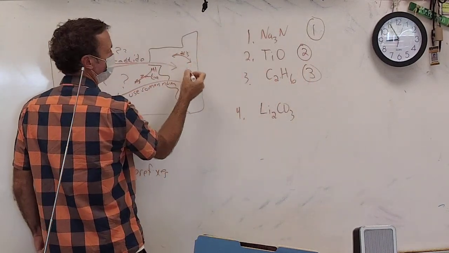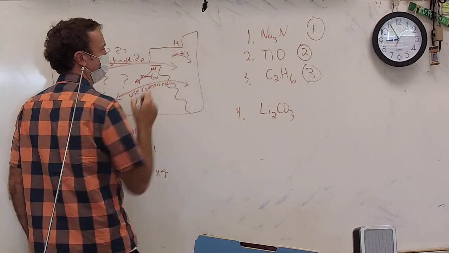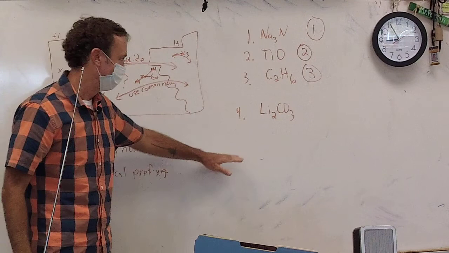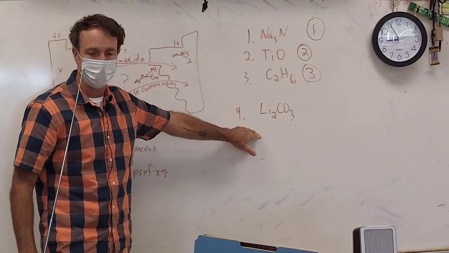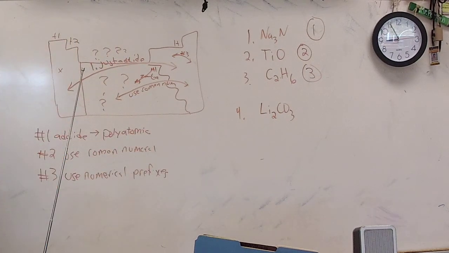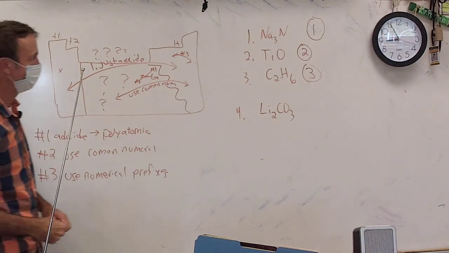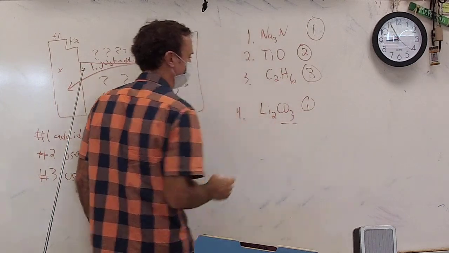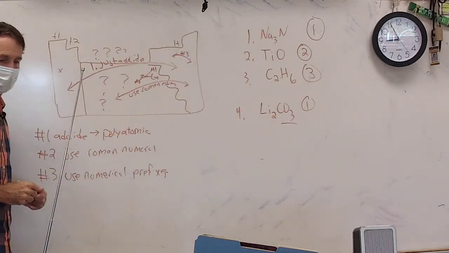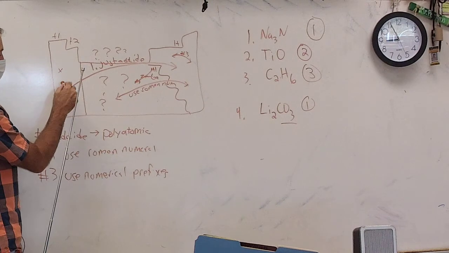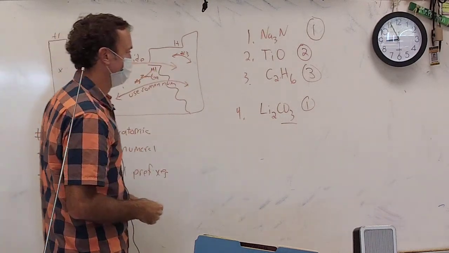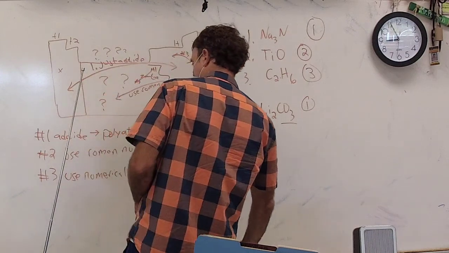Because they all come from up here. Remember, the H acts like it's sitting right over there. And then this last one, number 4, is this going to be rule number 1, 2, or 3? What do you think? Correct. This is rule number 1. Now remember, this is rule number 1, but you have a polyatomic ion, right? So it's rule number 1, though, because we're going from over here. Lithium's all the way over here. All right? So now that we know that,